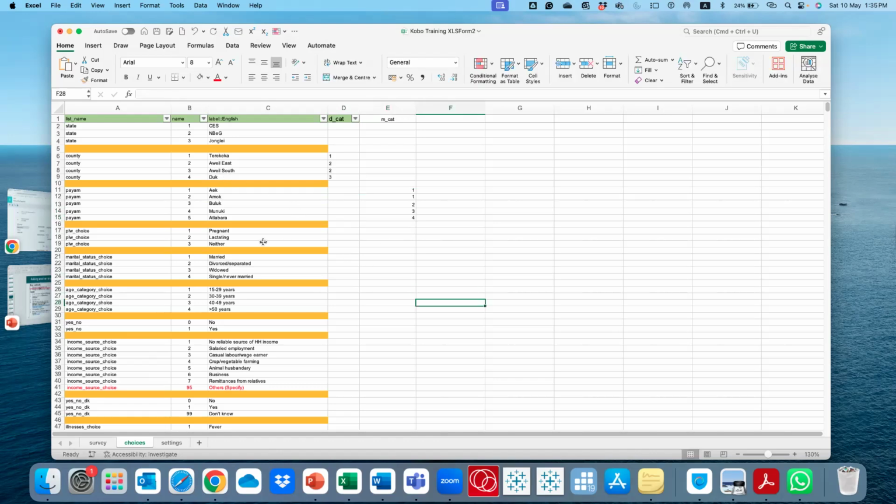So when you select Terkeka, these 2 will show. If you select Awil East, this one will show. If you select Awil South, this one will show. If you select Duke, this one will show. So you add another category here, which links this one to this one.